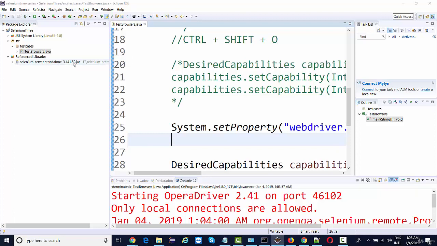3.14.59. Prior to this, the jar version was 3.14.0. Prior to that, it was 3.13. Prior to the 3 release, it was 2.53.1, right? So things keep on changing when new code is added to the project and new classes are introduced. The developers increment the build number and deploy the latest jar file, and then we download the latest jar file,